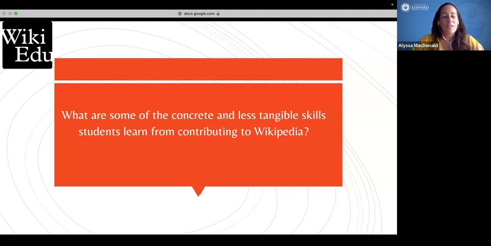But I do have to say that the way that WikiEDU has set up the whole program and has all those modules that walk you through step by step, it really not only put them at ease, but put me at ease as well before it goes off into the public world.